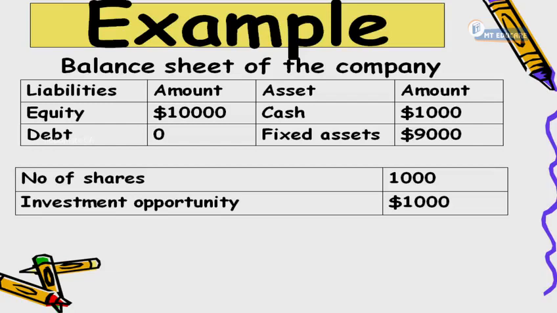DGM. What is the DGM formula? D1 by K minus G. Understand the formula? What is the single holding period formula? P0 is equal to P1 plus D1 divided by 1 plus K. All are valuing shares only. How can you reach God through different religions? You can value shares through different models. That's all. Only difference.